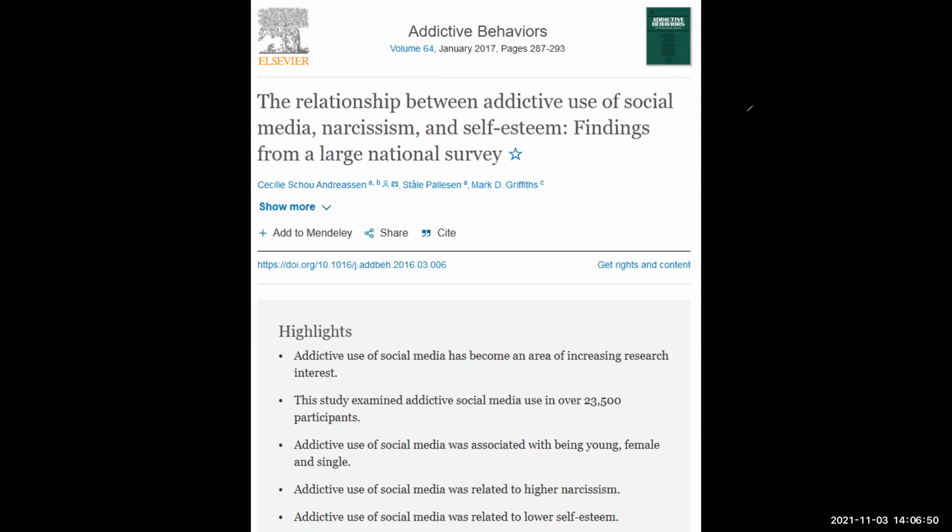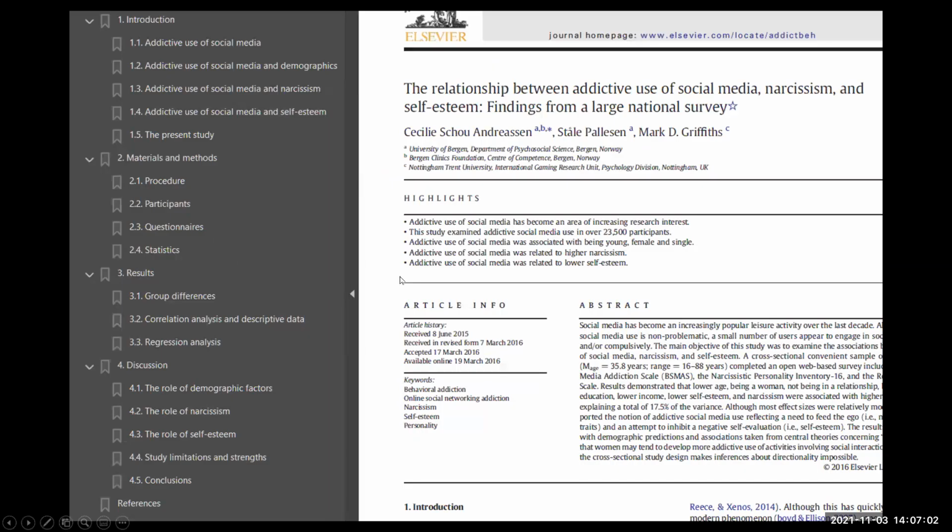It is from Norway and has some interesting findings that I'll share with you. What I liked about this study is that it has a very well organized presentation. So if you look at the PDF file here and the headings within the PDF file, you can see that the introduction is nicely divided into subheadings, including the major areas of investigation, as well as a final paragraph, the